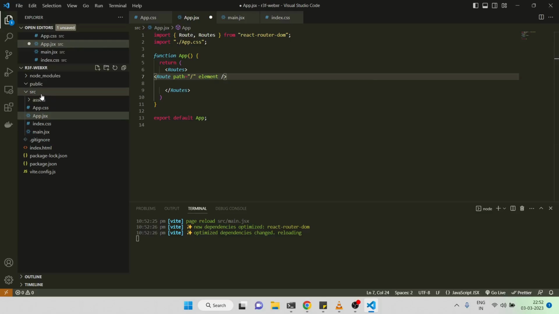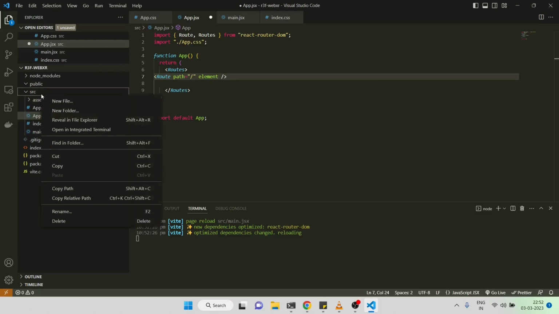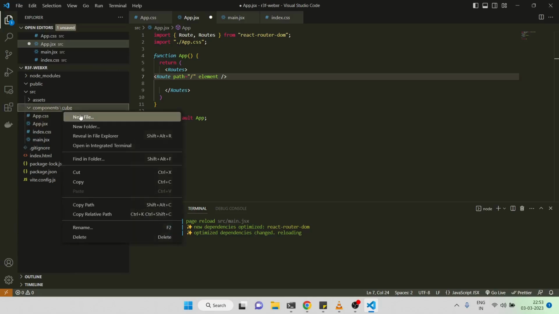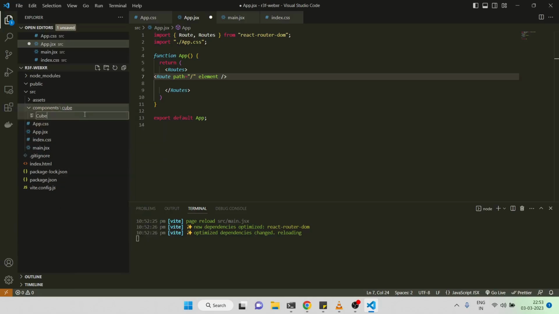Going further, I'll be segregating what I build in a components folder. Components, cube will be the first folder, and in here I'll be creating a cube